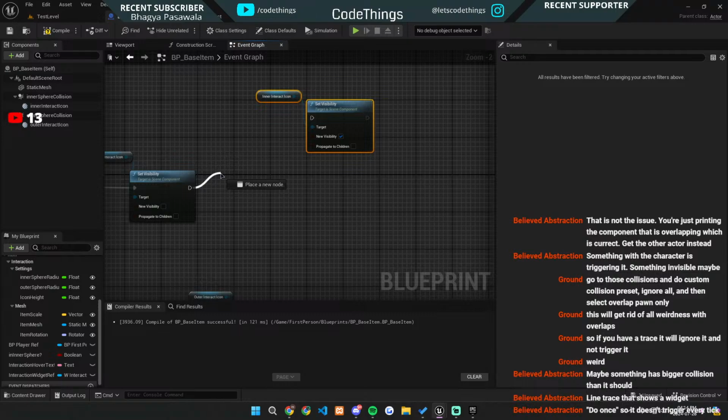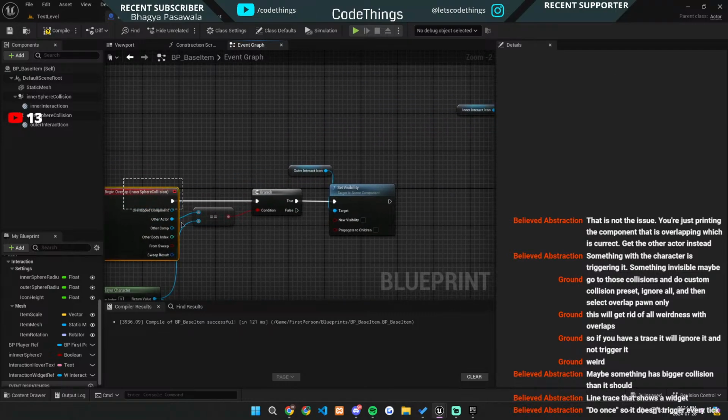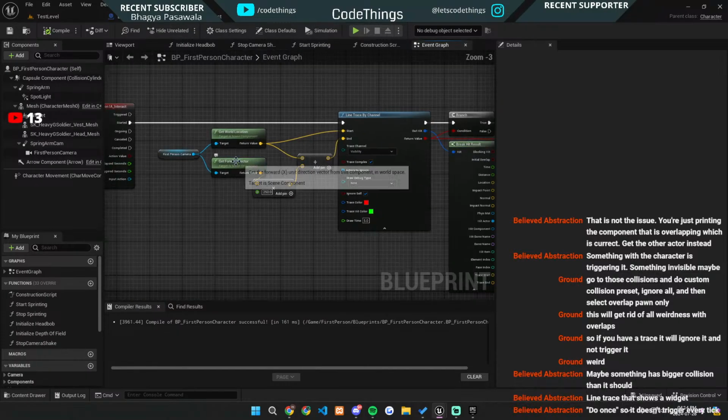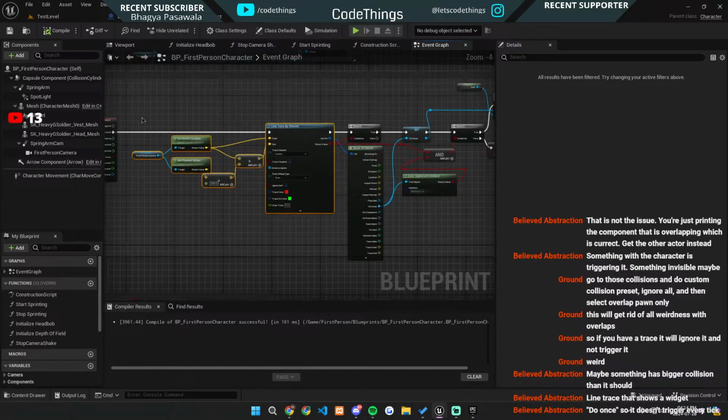Just do it once so it doesn't trigger every tick. But the thing is, I need to test when they're actually looking at it. Unless I want it to just be, because I would have to do a line trace. So, for example, if I copy this logic, right? If I do this logic, I can copy all the way up to here, and then